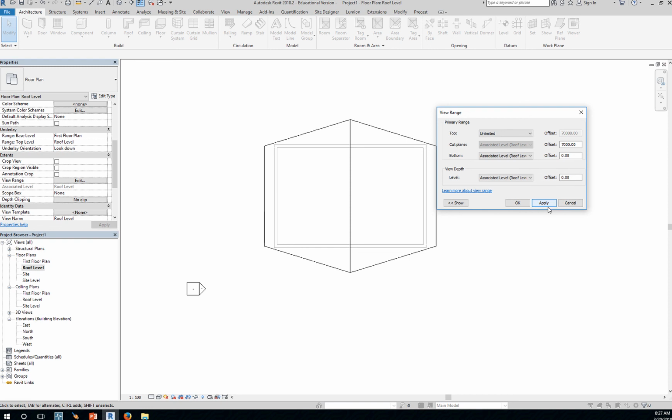Okay, so just remember, for the view range, the cut plane is the priority view setting, and then this top reference or top range will be the things that you're still able to see, but you're still cutting at that level, the cut plane level. Okay, so click OK,